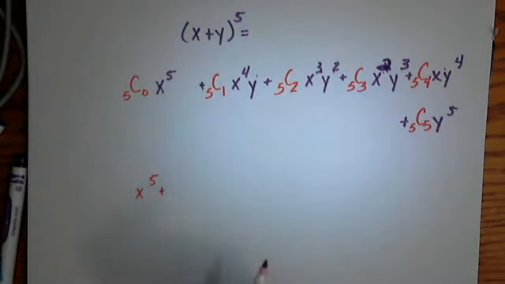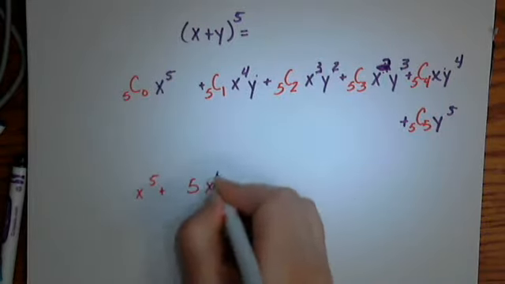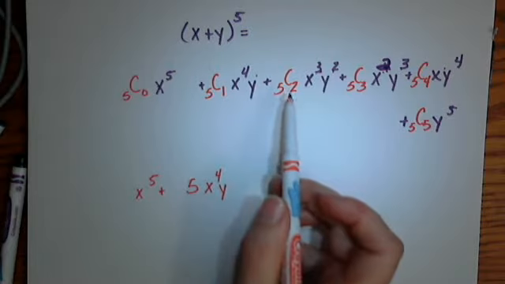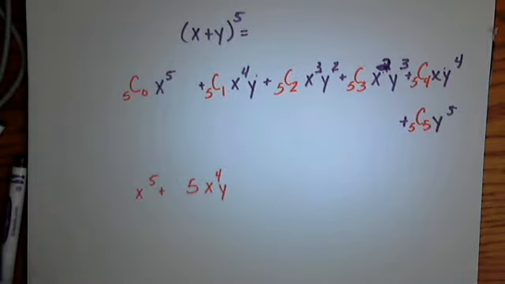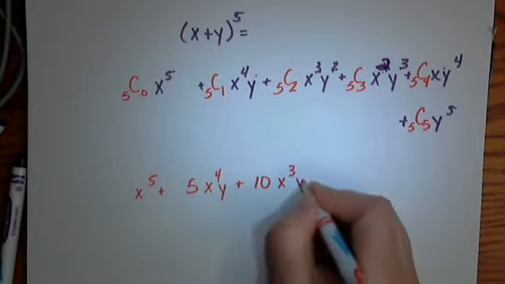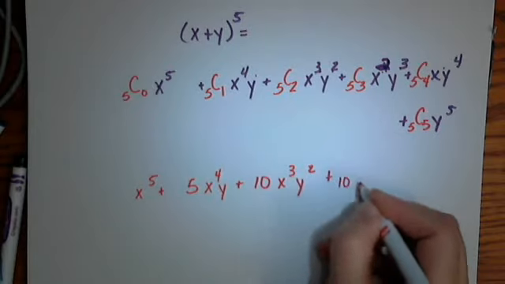Do you remember what that is and how you figure that out? Do you remember? You want to look it up? Or you want me to tell you? I think I'm going to let you look it up. But I know the answer is going to be 5 x to the 4th y. 5 choose 2, and I'm going to cheat by looking at my triangle, is going to be 10 x cubed y squared plus 5 choose 3, which is also 10 x squared